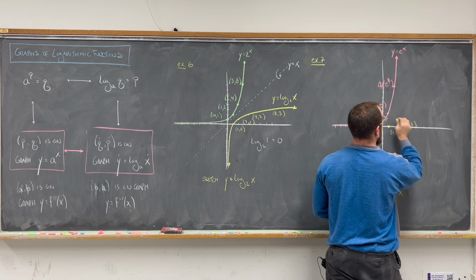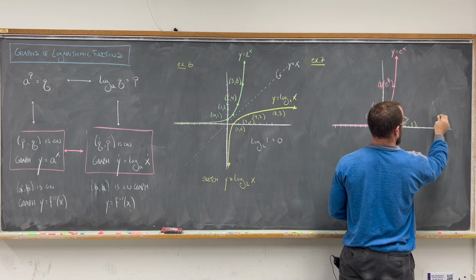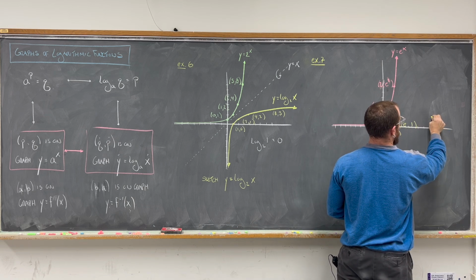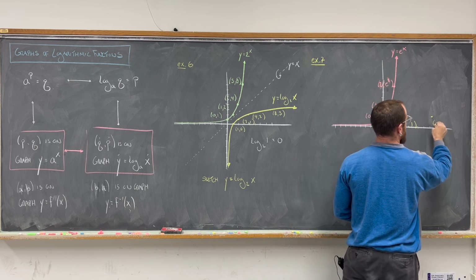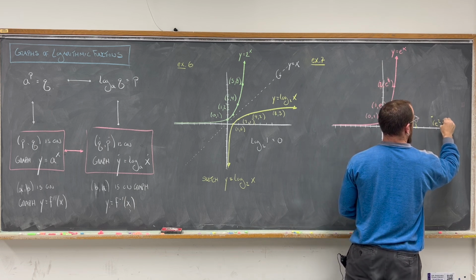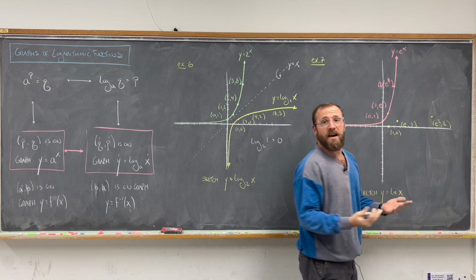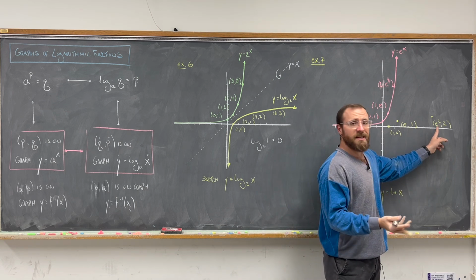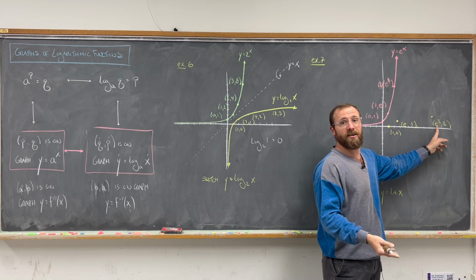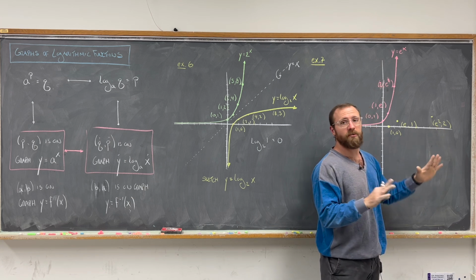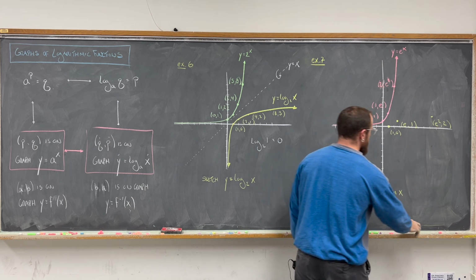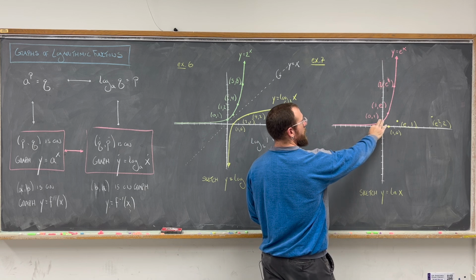Now that's a little bit hard. I know the y coordinate is 2, but where exactly is e squared on the x-axis? Well, I don't know exactly, but like I said, e is a little bit less than 3, so e squared is a little bit less than 9. So I put it roughly where it belongs. And now I'm just going to connect the dots, again, knowing that